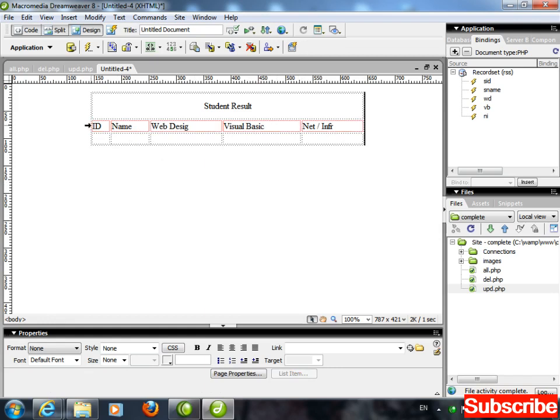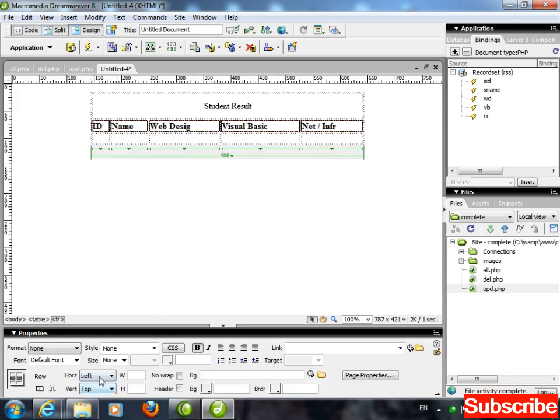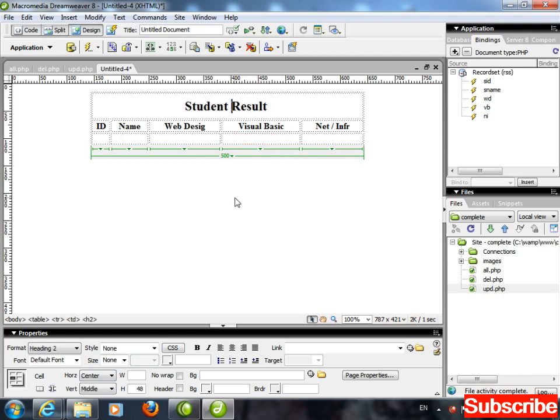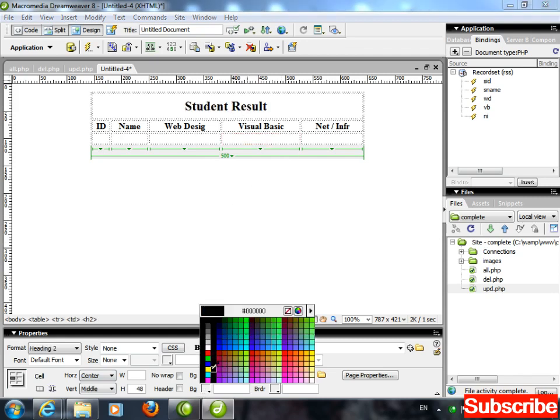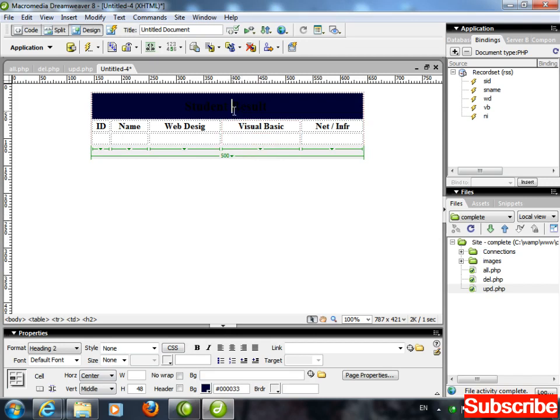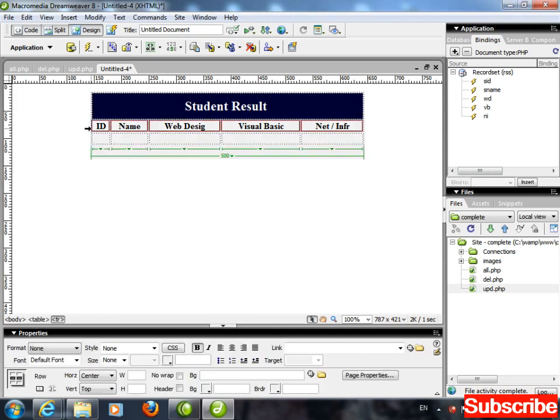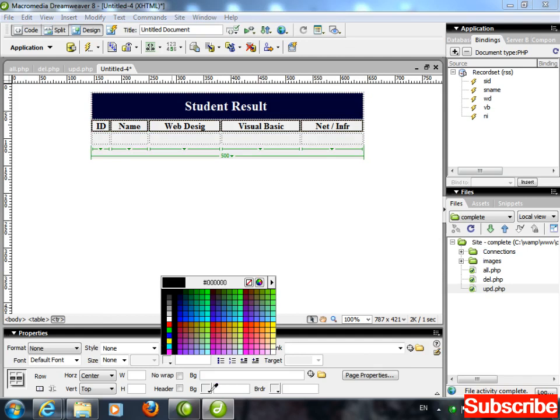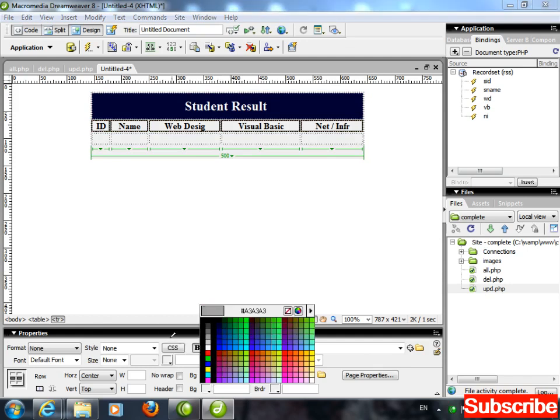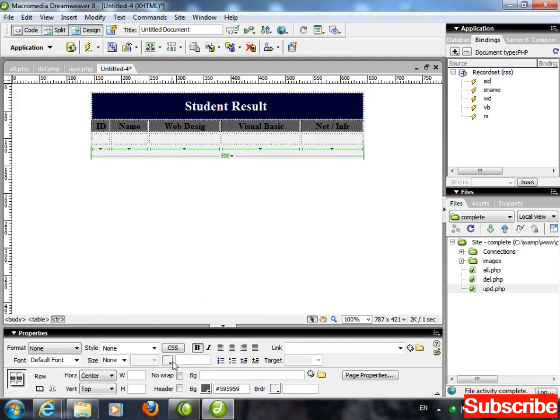Now this row selected, bold, alignment center, Control 2, background color dark blue color, and the text color change it to white color. Table selected, this row selected, change background color to, sorry, this is background color, and the text color to white color.